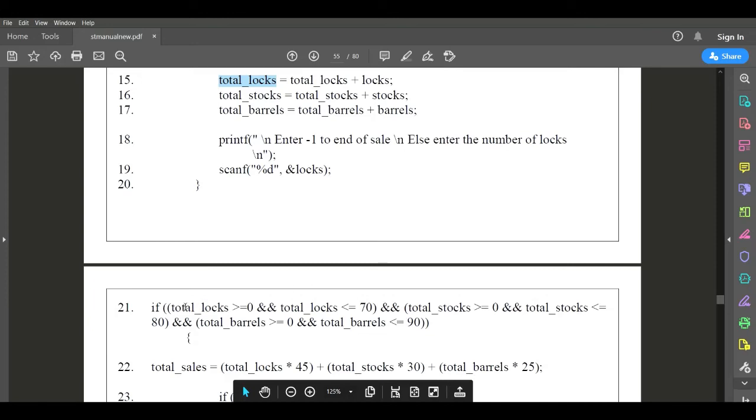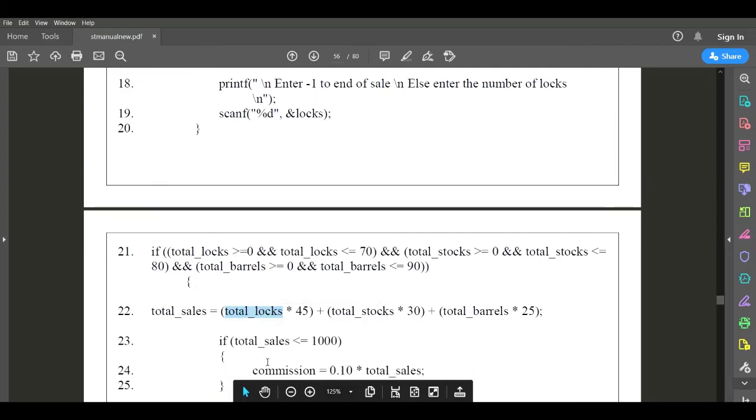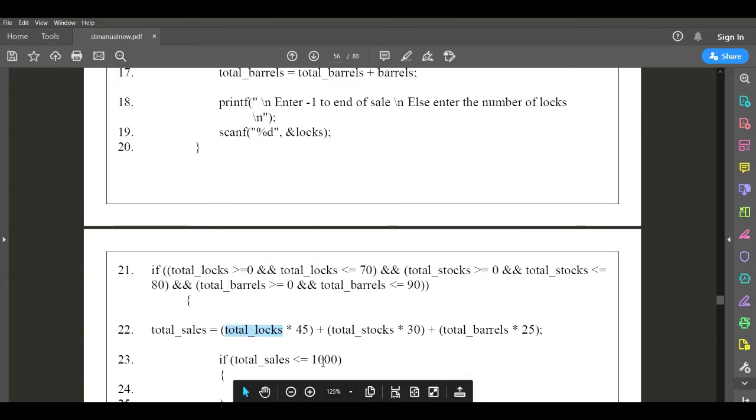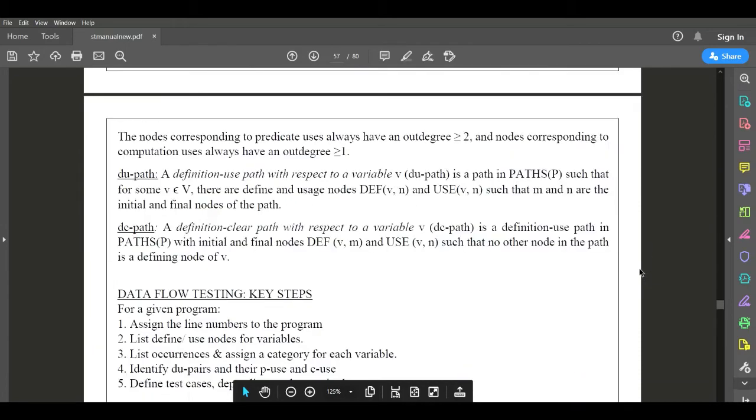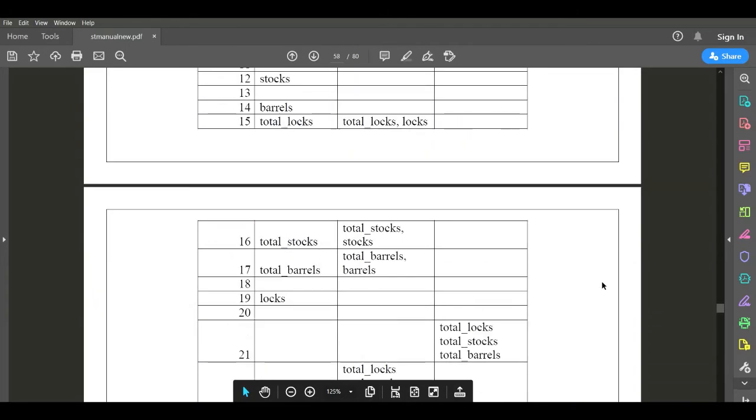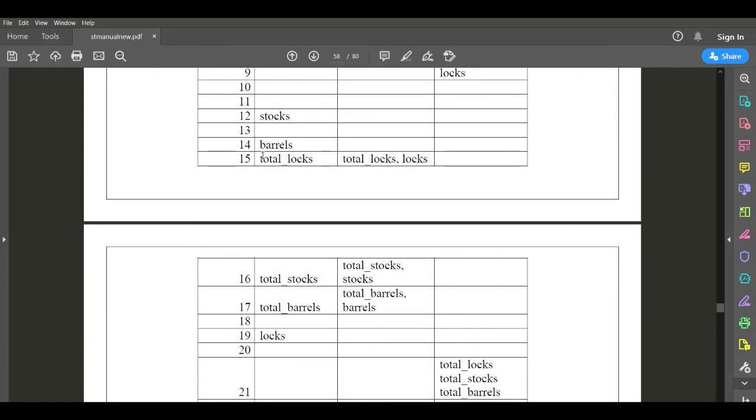So total lock, you can see here I am using it as a predicate usage, and here also I am using it. How? This is the computation usage, in which line number? 22. In 21 I am using it as a predicate usage. In line number 22 I am using it as a computation usage. Now we'll go to line number 15, total lock.